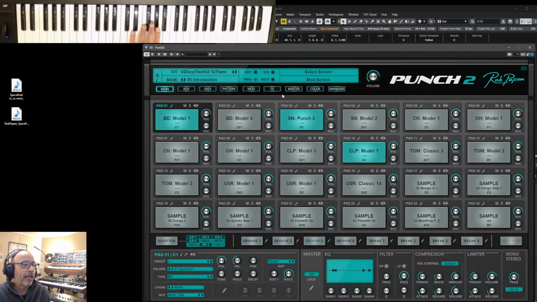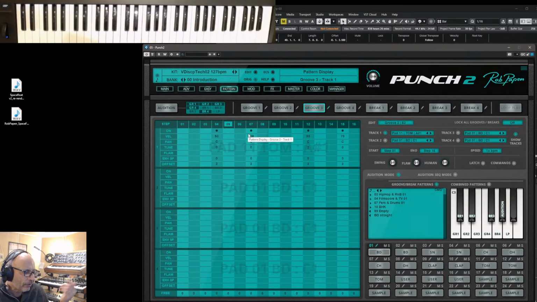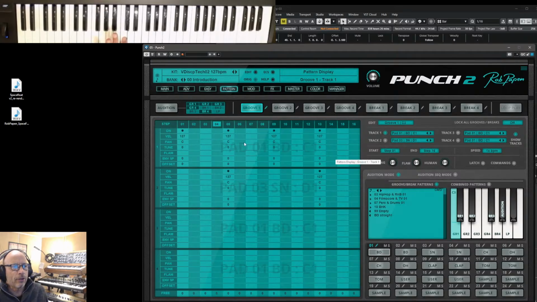Only problem is that the pattern and each sequencer has additional features. So if I go to groove 1, if I click, you see groove 1 lights up, and here with the pen I can edit it. And here you have the 4 tracks. So the 4 tracks in groove 1 show up here. You see in the background it does say pad 1, pad 3, pad 1, pad 1. So it's only track 1 and track 2 used. Pad 1 is your bass drum, and pad 3 is the snare. So if I can add the snare,